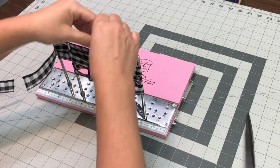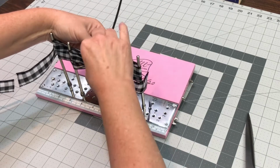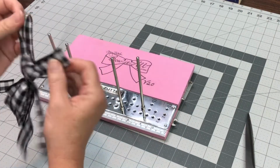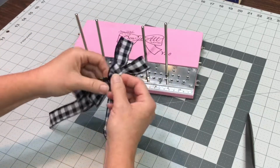Kind of double checked my loop count there. Put my zip tie there, tighten it up, and pull that off. When I give it a little fluff here, this isn't the epic fail. This one's kind of